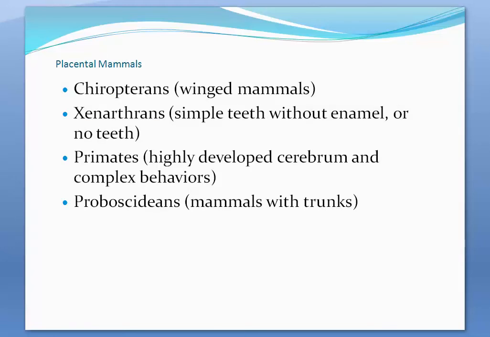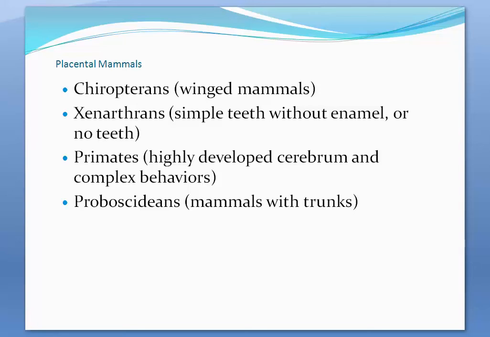And then we have chiropterans, and these are winged mammals, so these are things like our bats. And we have xenarthrans, and these have simple teeth without enamel or no teeth. So these are mammals that have very weak teeth to no teeth. And then we have primates, which is the group that we fall underneath, and they have a highly developed cerebrum